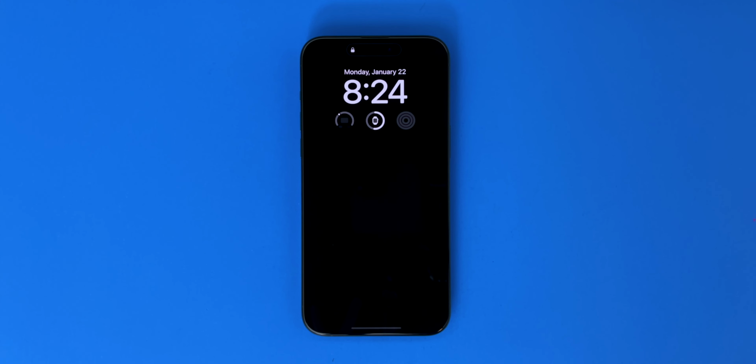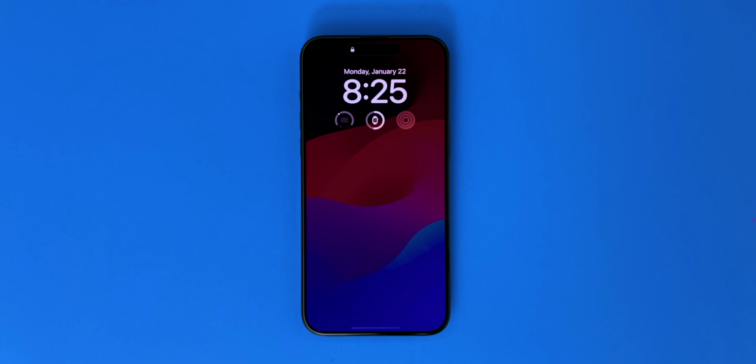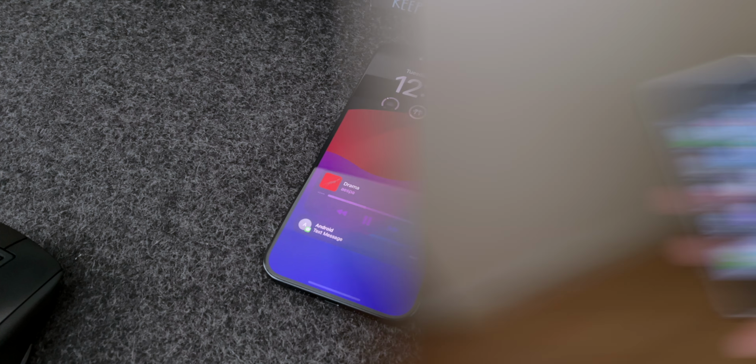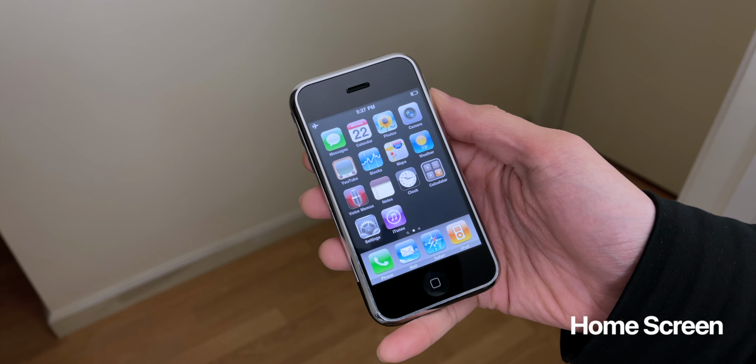iOS also has a black background like Android, but you have the option to show your wallpaper. It'll still have color, but just be a dimmed version of it. You'll also be able to see all of your widgets, detailed notifications, live activities, or now playing without having to wake up the phone. So the home screen on iOS stayed basically the same since the beginning.